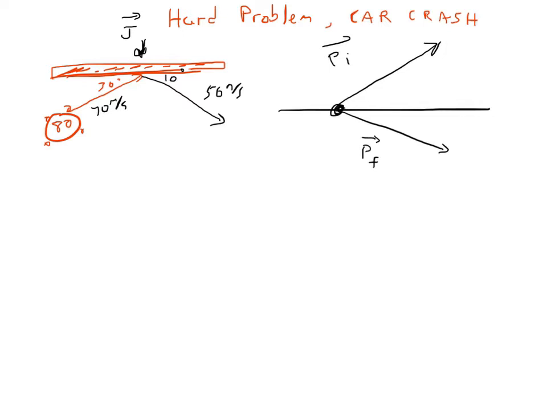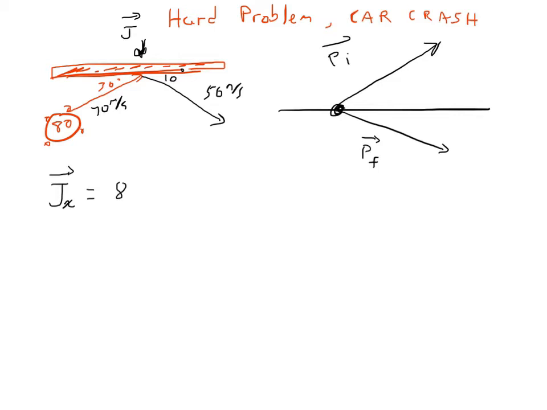And because impulse is a vector, what we want to do is break things down into their vector components. Sorry, I should have said this at the beginning, but the purpose of this problem is to find the impulse and the angle of the impulse. So the impulse delivered in the x direction is simply the change in momentum in the x direction. So it would be the final momentum in the x direction,